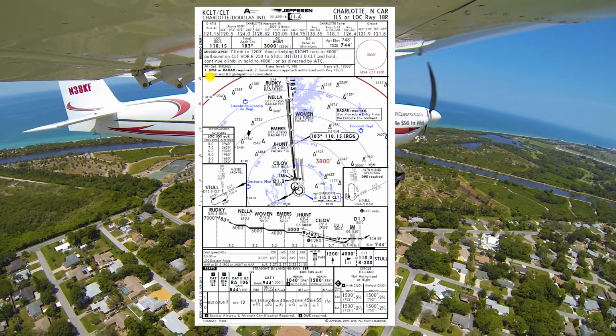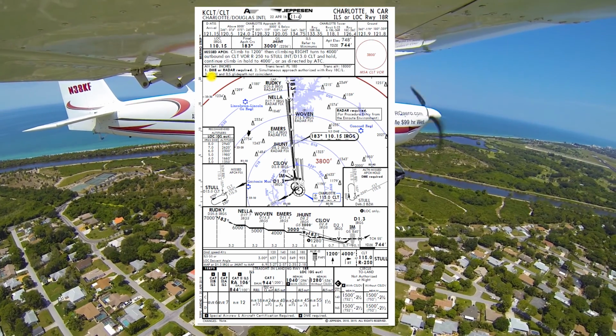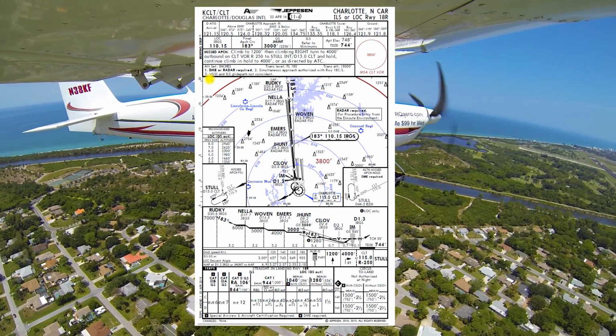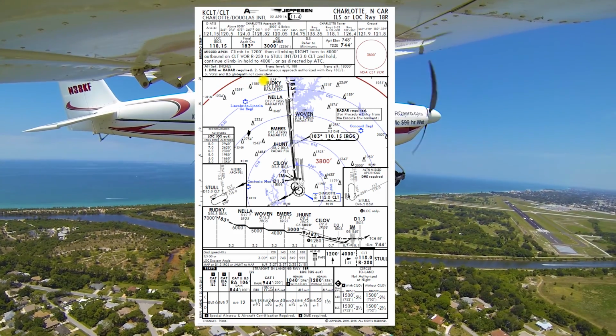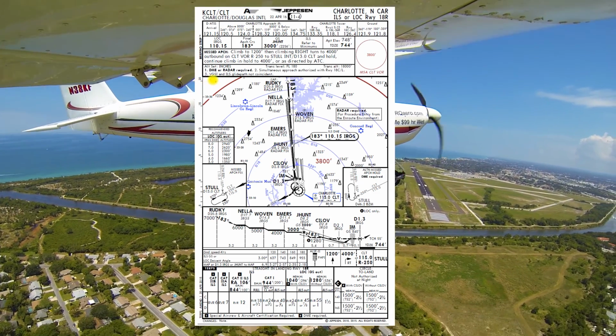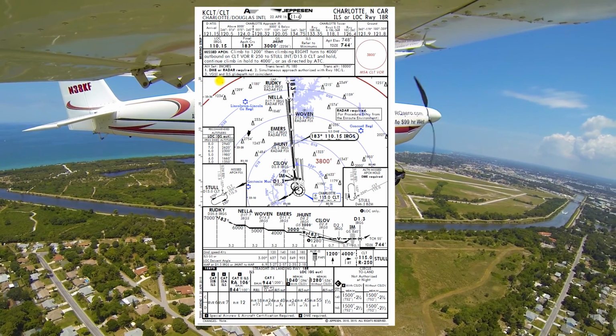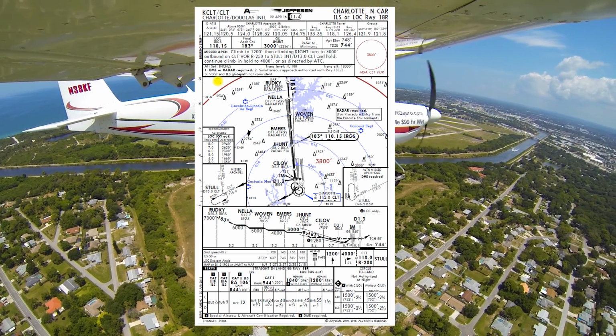Our notes here, DME or radar is required. Simultaneous approaches are authorized with runway 18 center and left. The visual glide slope indicator and ILS glide path are not coincident. Now we're doing a loc approach today, so it doesn't really apply to us, but just note what the actual VGSI glide path is. It's probably 2.8 degrees,